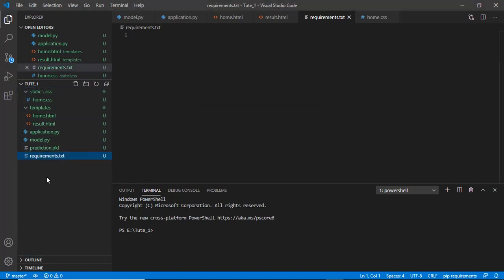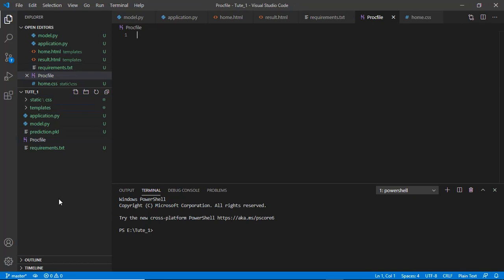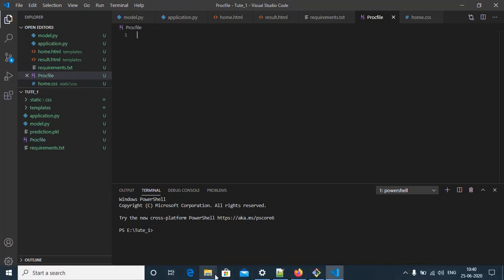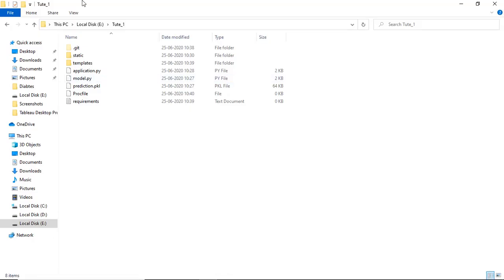This is very important, guys: requirements.txt is always in your root folder, not in any subfolder. So I'm going to create the Procfile in my root folder as well. I will show you what these two files do for us.